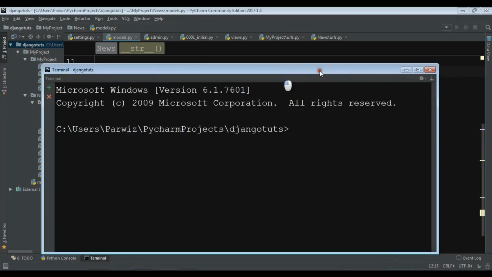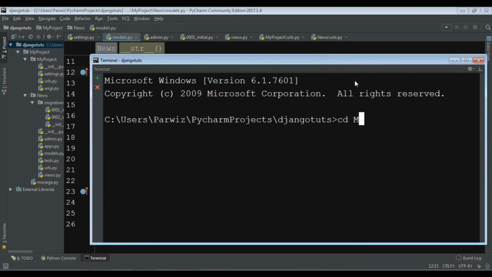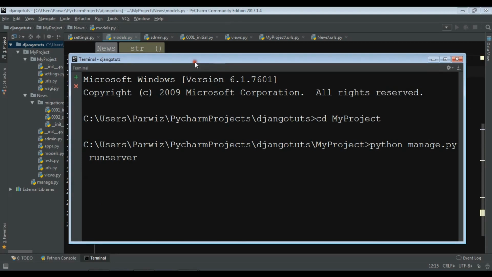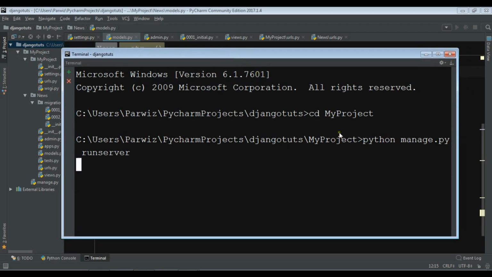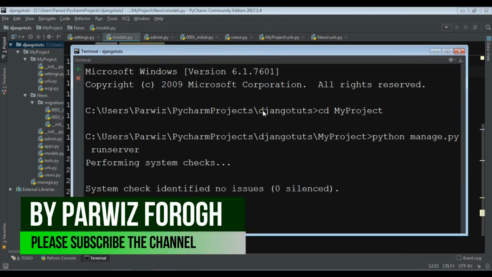Now first of all I'm going to change my directory, cd to my project, and after this python manage.py runserver. Now my development server will start. I think I will get an error for this. No, I haven't received an error. I think,